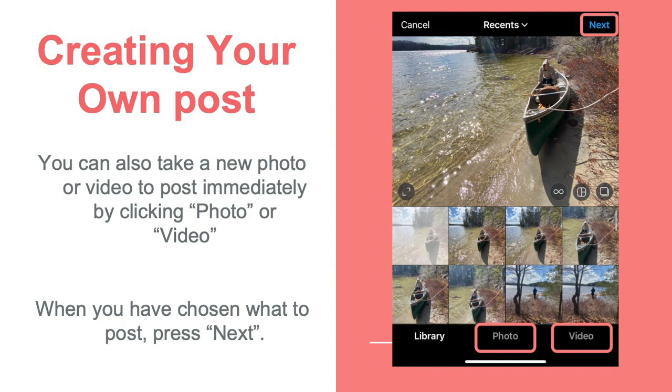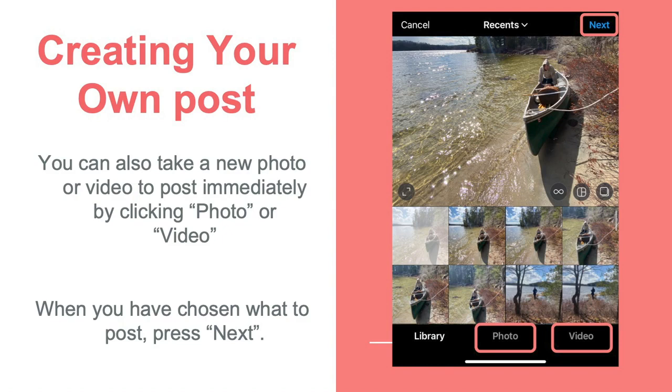You can also create a post on the spot by starting your camera when you're in the Instagram app and taking a picture through Instagram, or taking a video through Instagram. That's different than what I was saying before, which was going into our library and looking at what we already have on our phone.